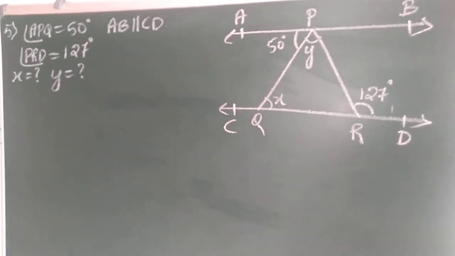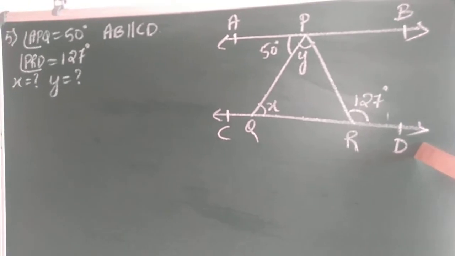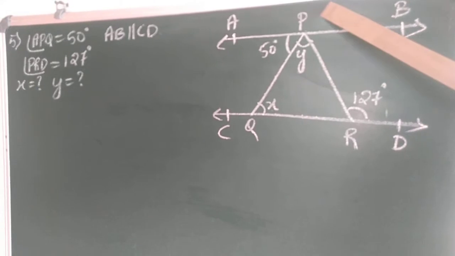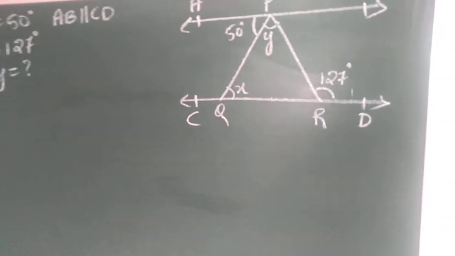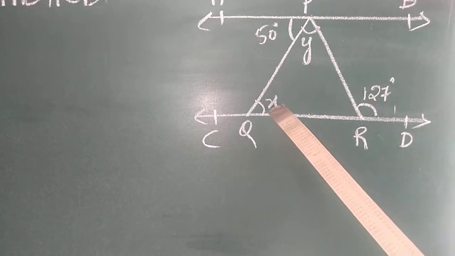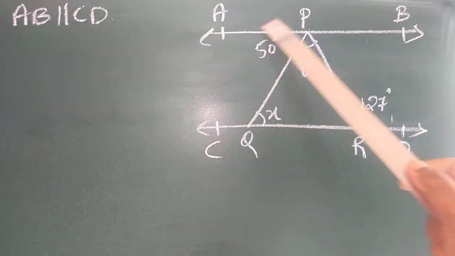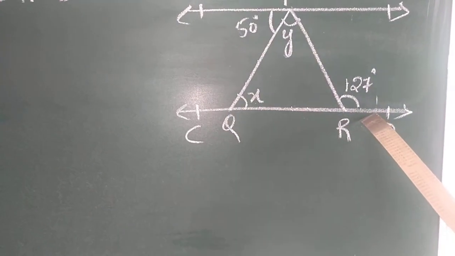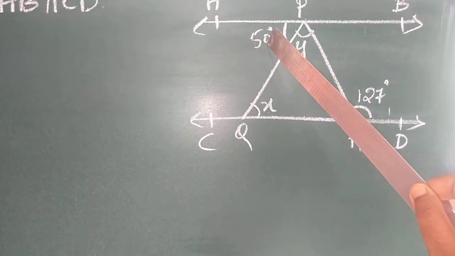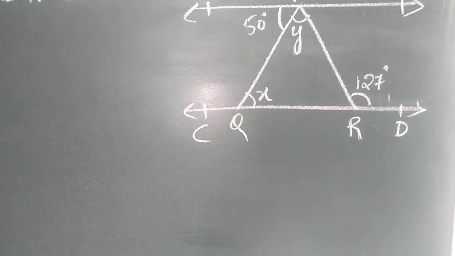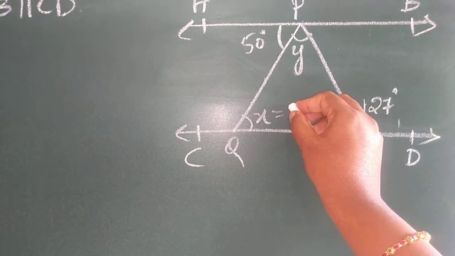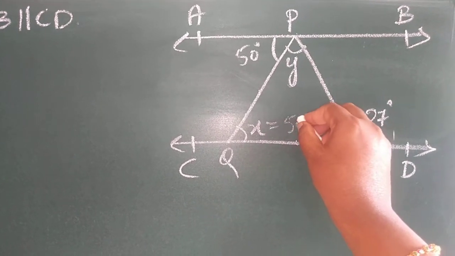They have given two parallel lines AB and CD. If AB and CD are parallel lines, PQ is one of the transversals and PR is another transversal. Coming to PQ as a transversal, we need to find X and Y, they have said. Can you observe the Z symbol here? Z symbol is nothing but the alternate angles. We need to find X, which you can directly write as 50 degree because they are both alternate angles. As AB is parallel to CD, they have already given, I can write X as 50 degree.